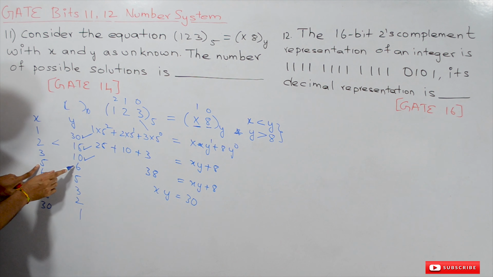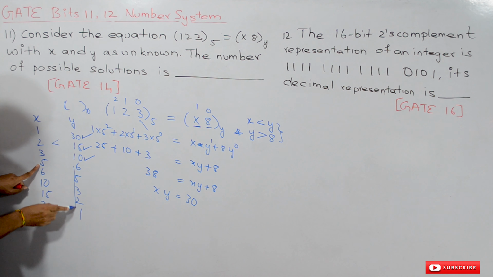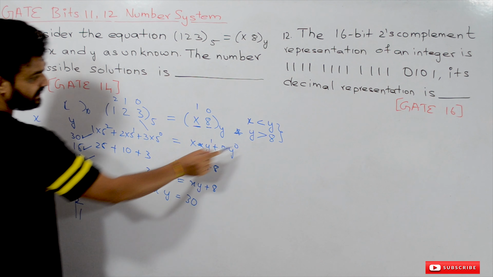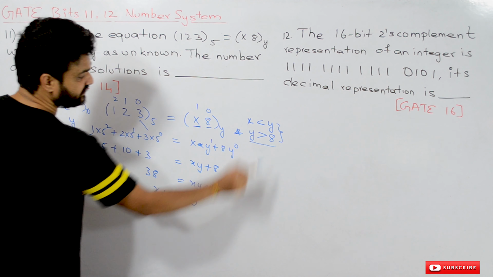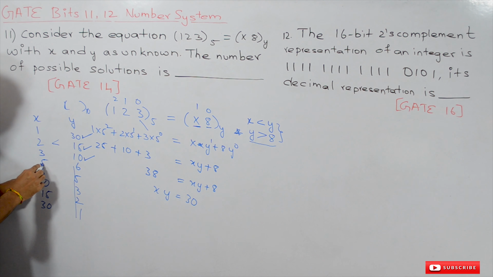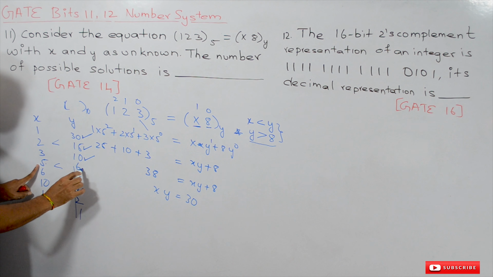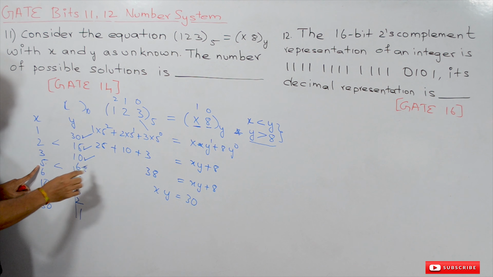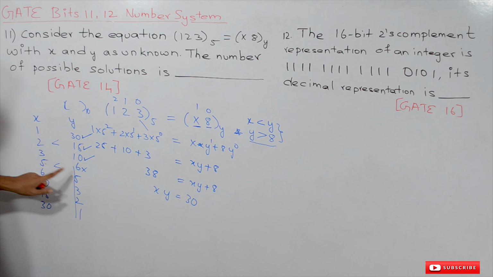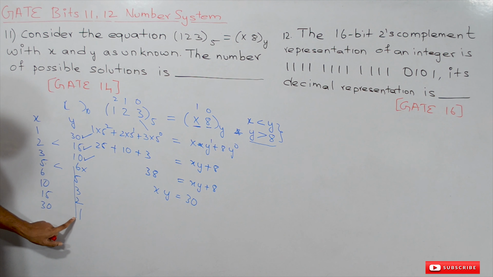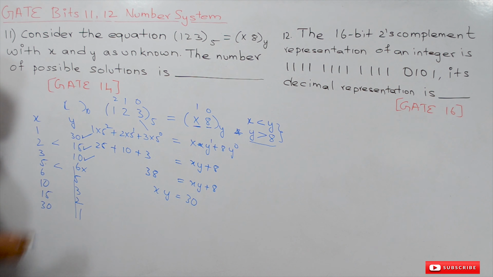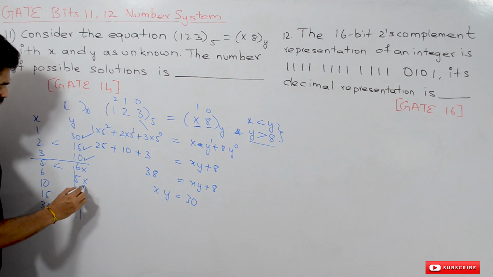Similarly, if you take any value from here, the value of y is less than 8, but the value of y should be greater than 8. So it may be possible, 5 is less than 6. Yes, it is true, because x should be less than y. But the value of y should be greater than 8, and here the value of y is less than 8. You take any value of y from here, it is less than 8. So all these conditions are false.